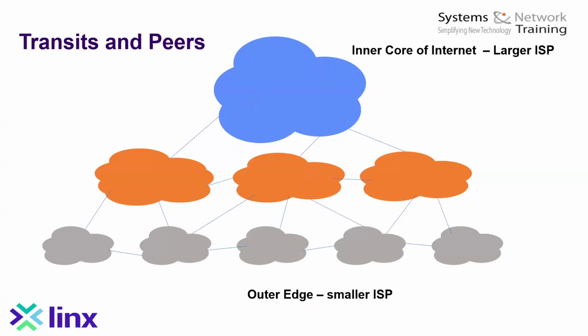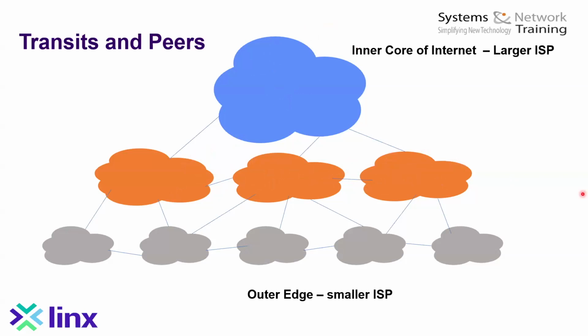Now, the size of internet service providers is relevant. Larger ISPs have a larger geography and larger numbers of customer connections and BGP peering. So we saw Level 3, for example, earlier with one of their ASs, and they had 50,000 ISPs connecting to them. So if this was Level 3, there would be 50,000 of these orange clouds here, these all being a different autonomous system.